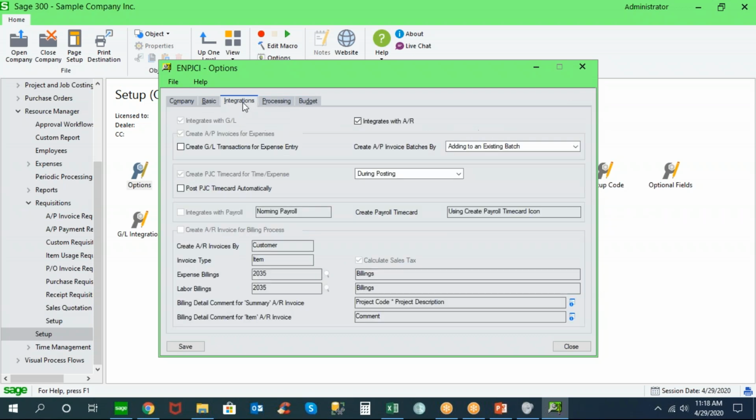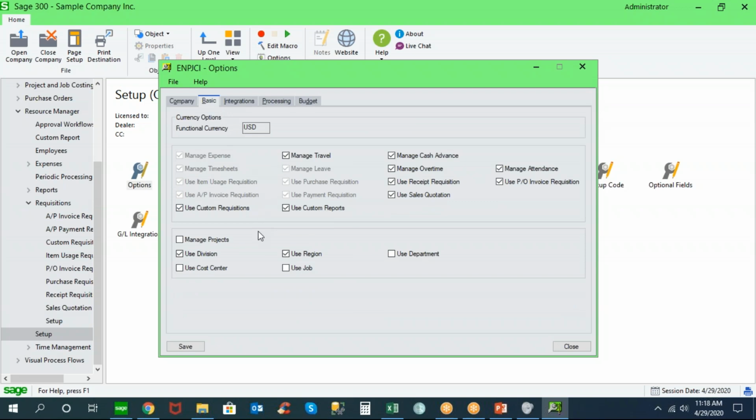You also have integrations that allow you to create GL transactions, AP invoice transactions, AR invoice transactions for billing. We integrate with the project and job cost module for both payroll and project costing purposes. And we integrate with the Norming Payroll Manager, which is an international payroll module, as well as the Canadian and US Sage 300 modules. The basic transaction types include employee expenses, timesheets, travel requests, and then depending on the nature